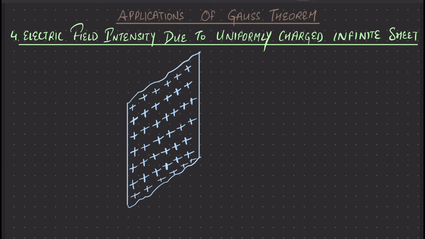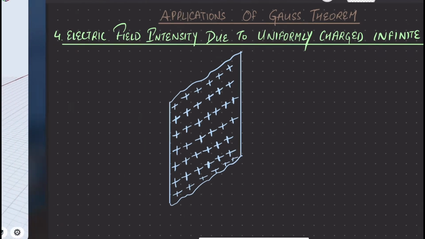First of all, you need to know that in the case of an infinite sheet of charge, we are having electric field lines which are acting in this direction and in this direction. So there will be no electric field lines acting in the outward direction, because no charge could exist on the edges of the thin sheet. Let us see what we have.